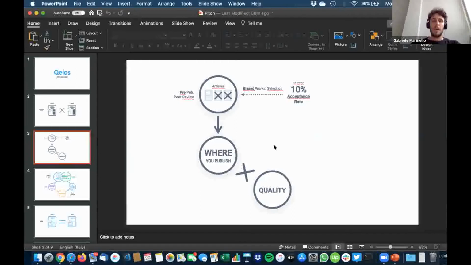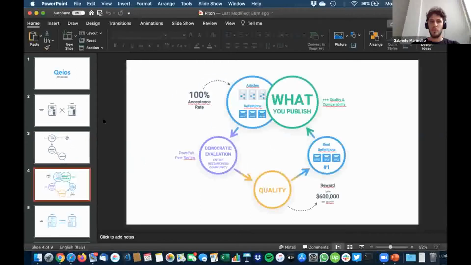What can we do to fix these problems? I've talked about two big problems in research, and what solution can we provide? We tried at the time.